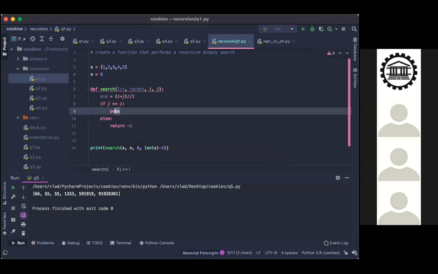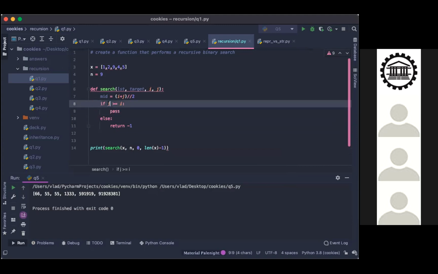And then we have to implement the pass part. Yes, bring in the mid. So line 7, bring that into pass.